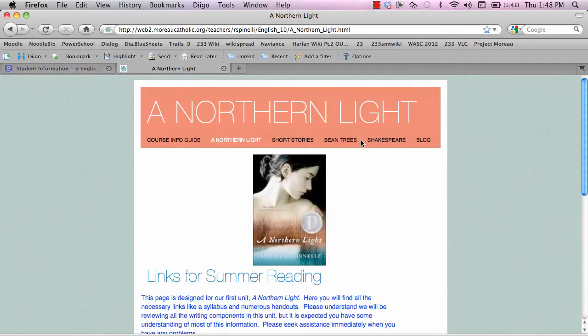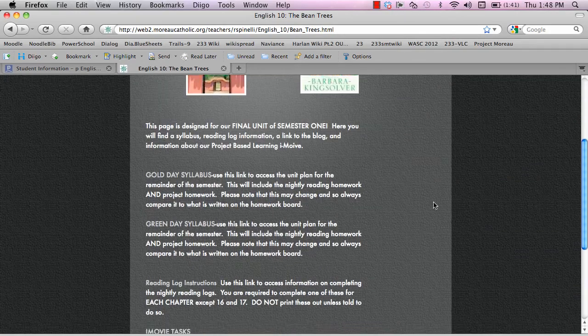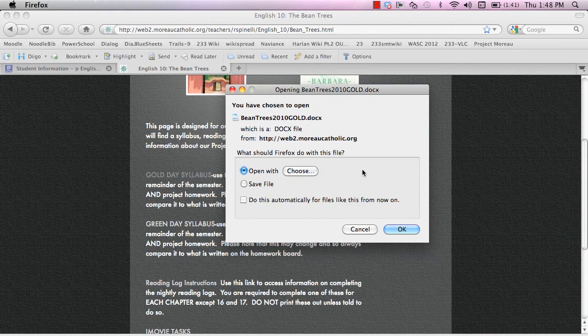Let's go to Bean Trees. And down the bottom of the Bean Trees page, first I put in all the text. They can click this link for the syllabus. Once they click the link, a download button will come, and that will open up a Microsoft Word document to their syllabus, the reading log instructions, as well as a Word document,